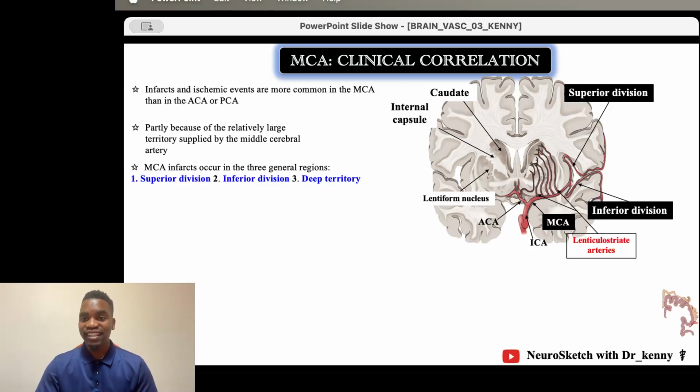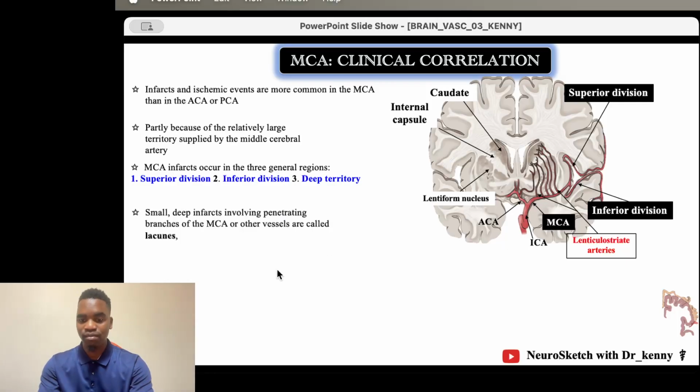So the infarction along these deep territories, the deep structures of the middle cerebral artery, we call them lacunes. The term lacunes is reserved for infarctions involving these deep penetrating arteries. But you know what? We can have